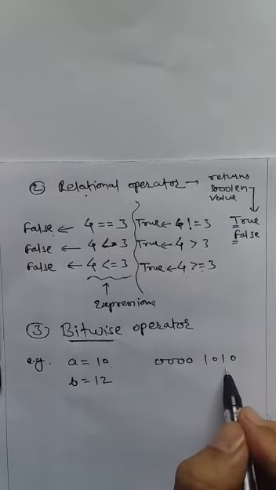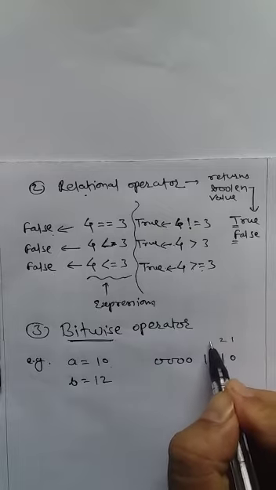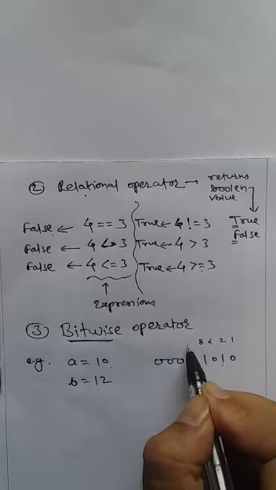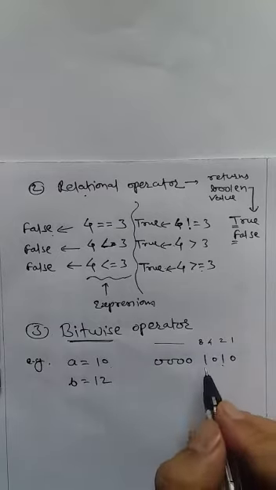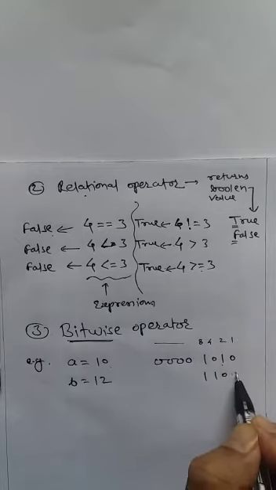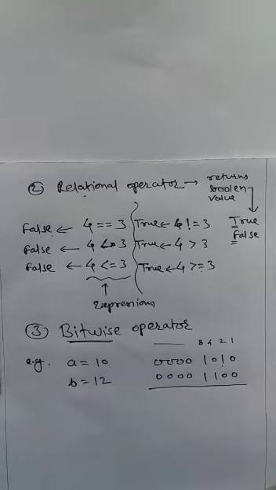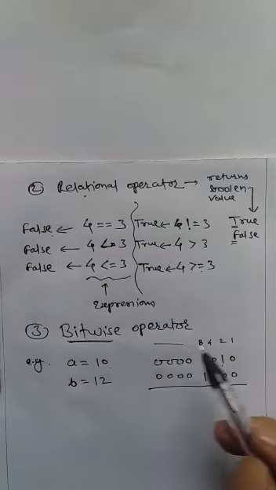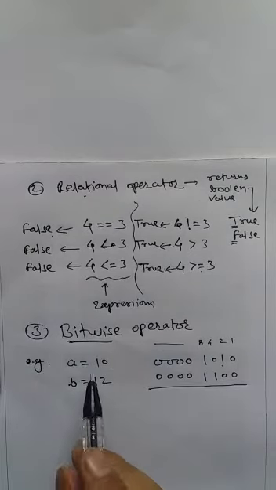See, we have the values like 1, 2, 4, 8. We are not taking the higher number, so I am not writing this one. But about this 12, how will we write? 12 means 8 plus 4, 12. So here 1, 1. These two are 0. In this way, we have taken two numbers which will help us to satisfy all our conditions normally in the bitwise operations.